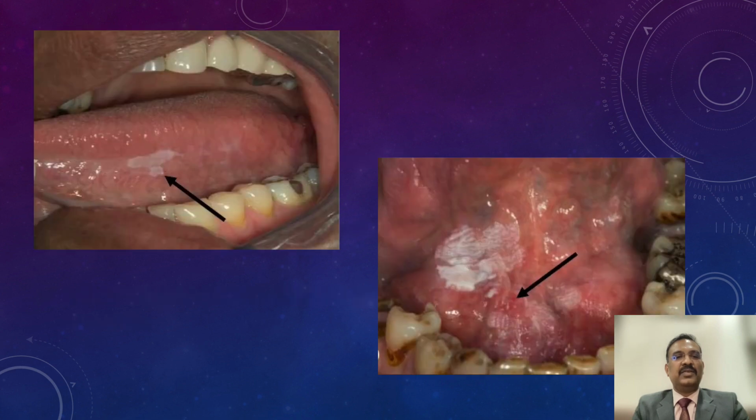Obviously, when presented with a very simple lesion, it's very easy to target your biopsy. Whereas in inhomogeneous areas, it is recommended to primarily direct the biopsies to the red areas and also another one, so that when there is an inhomogeneous or geographic sort of an entity, you do take more than one biopsy.